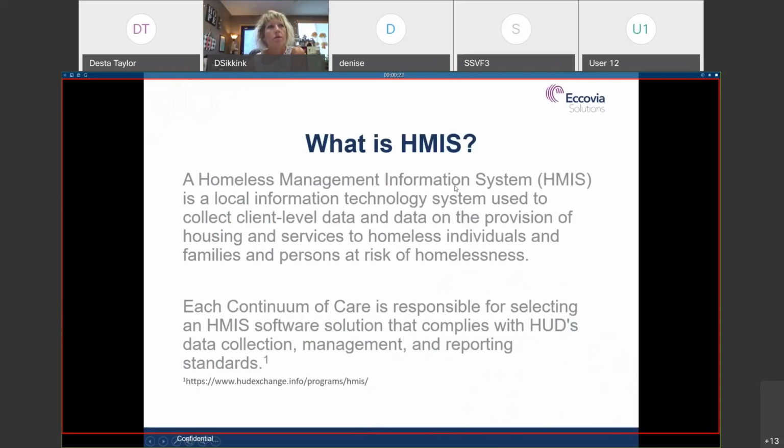What is HMIS? I know that HMIS does have a lot of terminologies that we use, and I know that can get overwhelming for people. So just as a refresher, HMIS stands for Homeless Management Information System. Basically, that is the name of the data management process that HUD has set up to collect client level data and then project level data about the funding sources and grants that it provides through HUD,